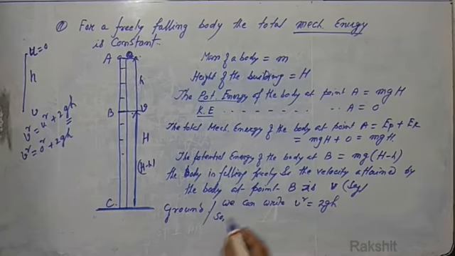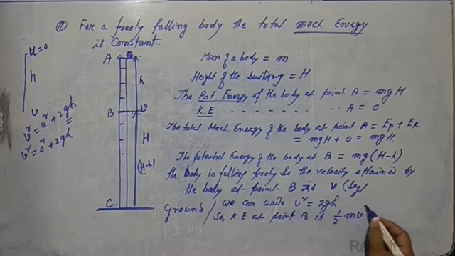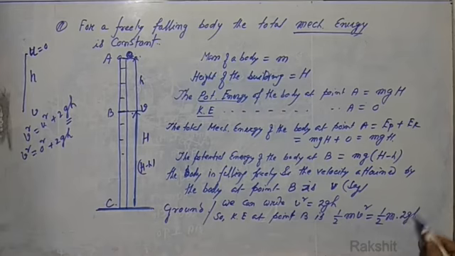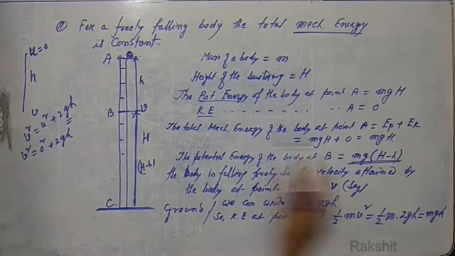So the kinetic energy at point B is half mv square, is equal to half m times v square, which means 2gh. The 2 cancels, and it is equal to mgh. So the kinetic energy at point B is half mv square, is equal to mgh, and the potential energy was mg(H minus h). So the total energy, again the total